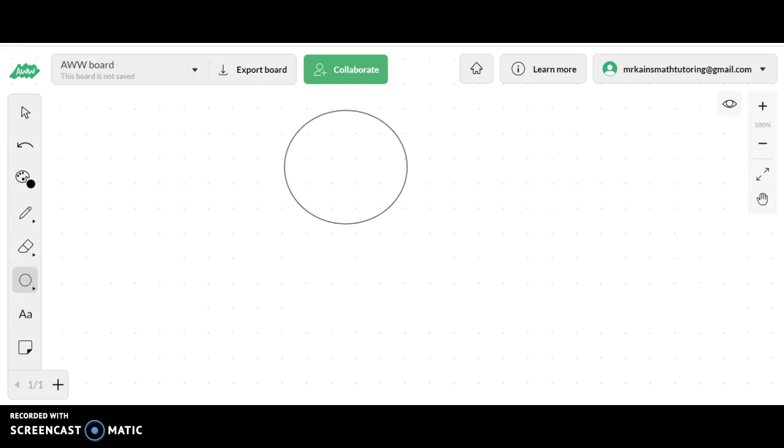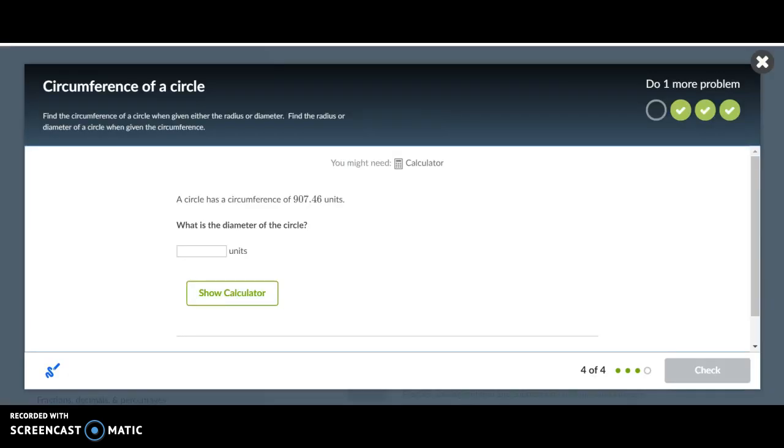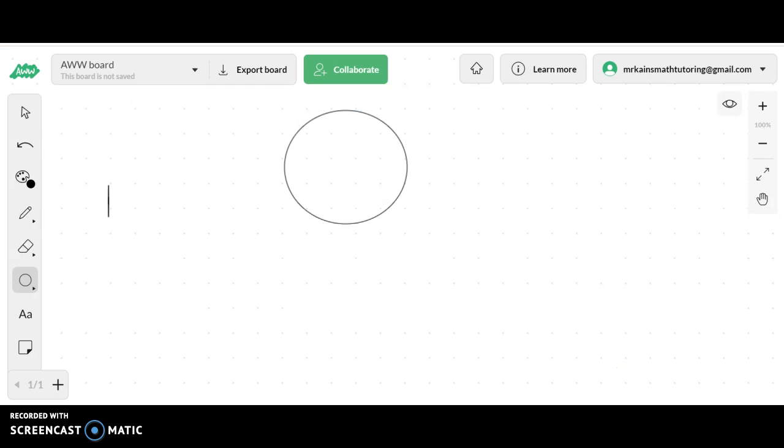So what did we say? 907.46 units. Let's get a pencil here. 907.46 units is the circumference, and I'm going to just put C equals. So what that means is if you were to start at one point on your circle and go all the way around the outside of your circle, so the perimeter of your entire circle, it would be a total of